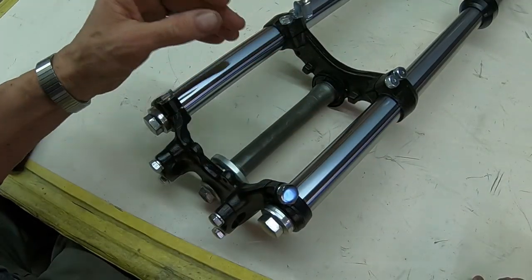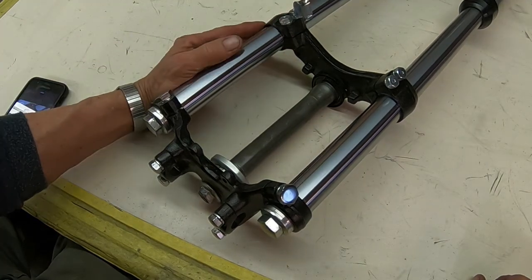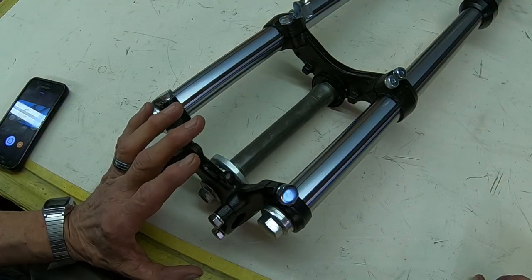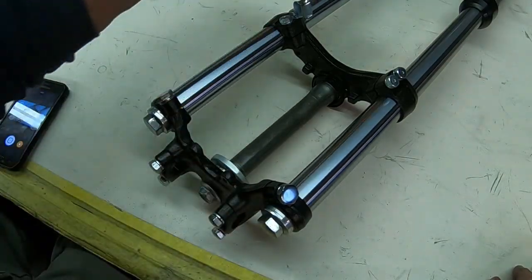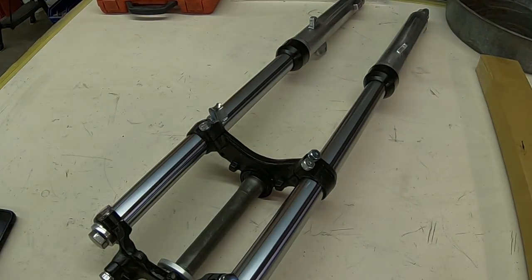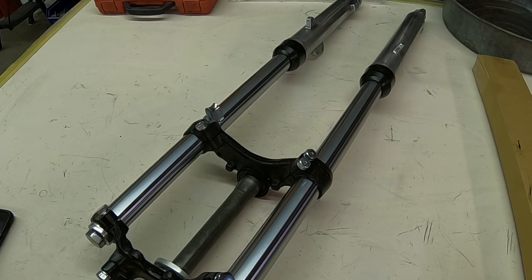But you know, the finish is very nice. The size is right on. We checked it for run out, and it's very little. It's good to go. The length of the tubes, I don't think I showed that, but I did measure the length, and they are right on. So the only thing that I can see that's a problem is the machining here. The portion down here at the bottom where you put the bolt through,